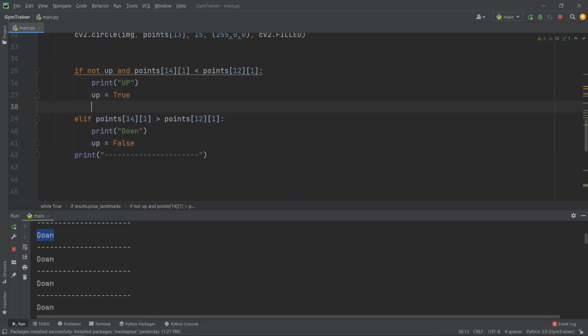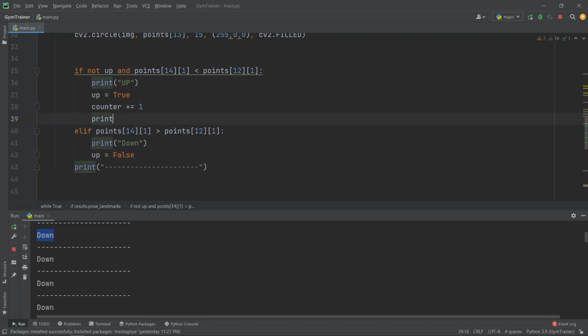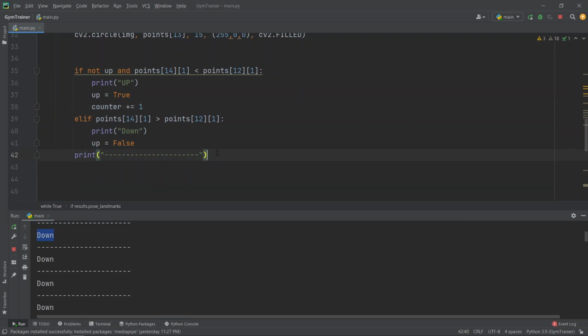Next thing, the only remaining chunk is we have to go for the counter and increase it by 1. Let me comment this up, and okay, let's keep it as it is. And then, yeah, let's go for the counter over here.